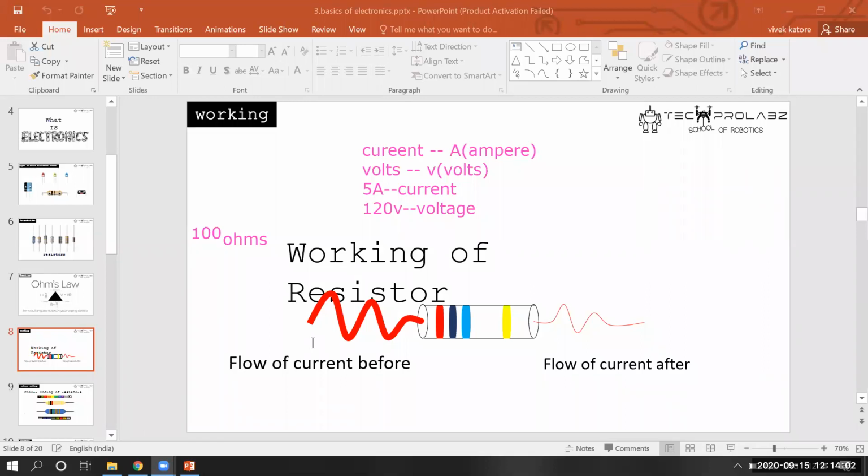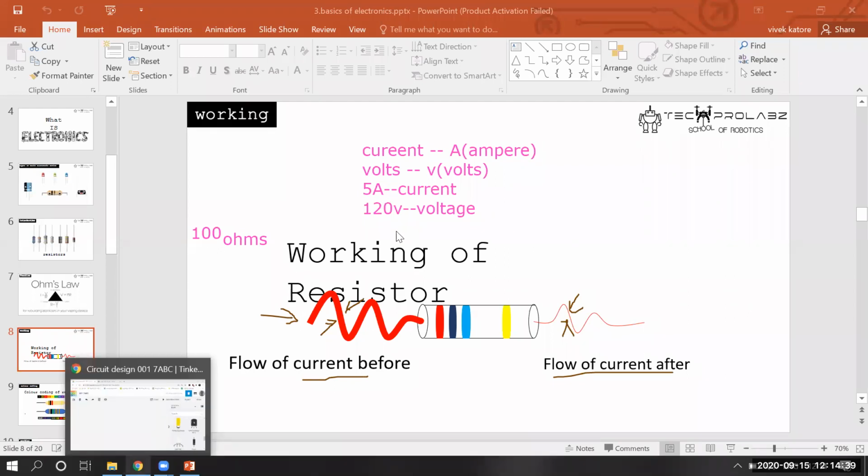So let's have a look. You can see this is showing the amount of current going through the resistor, and then इसके बाद क्या हो रहा है? We are getting a lower value, right? The quantity is less. Thickness जो होगी वो कम होगी current की. That means the value of current has gotten less. You can see, this is before and this is after. So rather than talking here, let's have a look on Tinkercad.